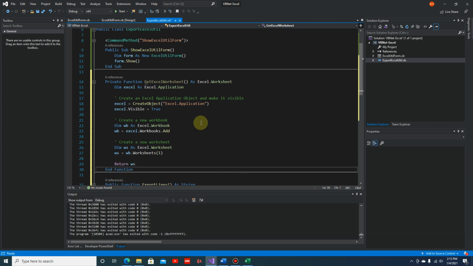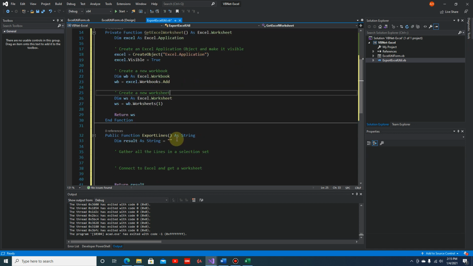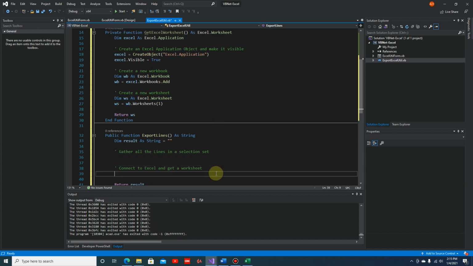And that's it for our get Excel worksheet method. So we have created an Excel application. We created a workbook, and then we created one single worksheet in the workbook. And then we return the worksheet here. So now, in order for our export line function to have an instance of the worksheet, all we have to do is